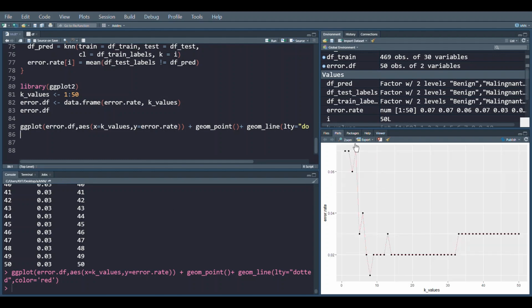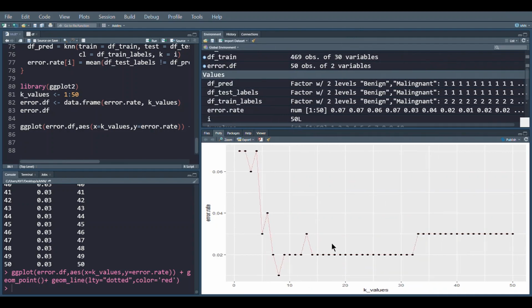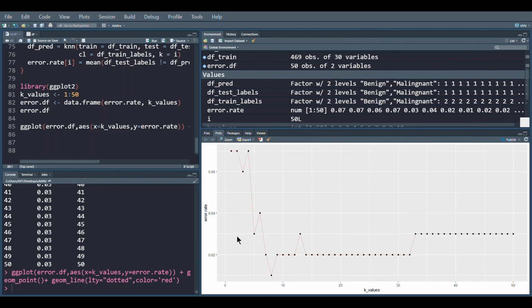Let me just zoom it for you. I could see the error rate, as and when the k values increased, took a sharp fall. But after a certain point, it remains stagnant.